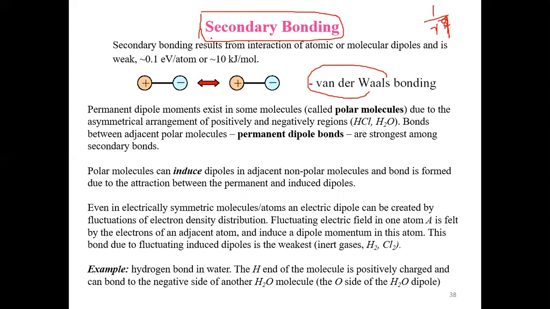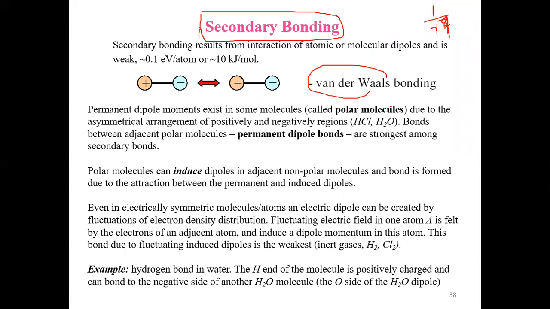Secondary bonds, as we have mentioned earlier, are intermolecular bonds, and these bonds are weak bonds, and the bond energy is small in this case, and there is no electron transfer or sharing in this type of bond. So these are secondary bonds. Secondary bonds are mainly 3 types: bond due to polar molecules, bond due to non-polar molecules, and hydrogen bond.